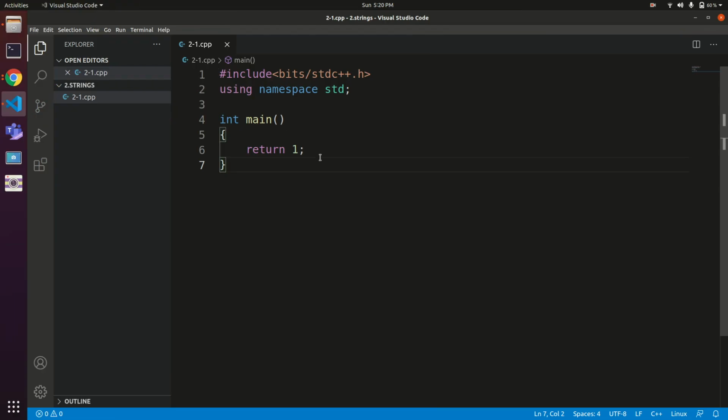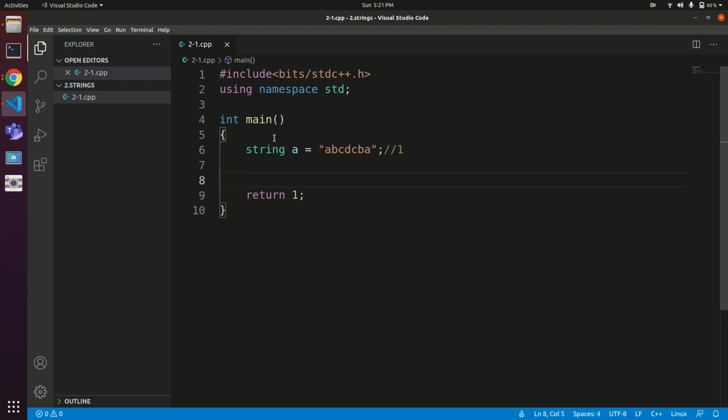Let's have a look at the code to perform this. Let's take one string A equals the one we discussed in the example, ABCDCBA. This should return 1, stating that it is a palindrome.